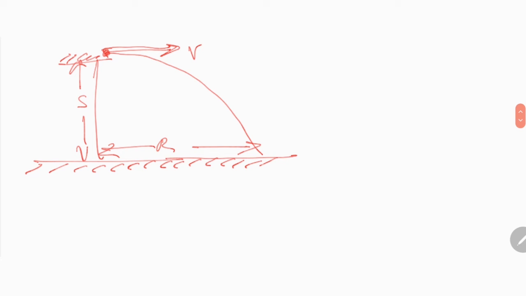Obviously we know that since the ball is now projected along the x-axis, in this particular case Vx is equal to V itself, because there is no angle of projection, or the angle theta is 0 degrees. So even if you take V cos theta, you will get V cos 0, which is nothing but V, straightforward. So there is no change in V.